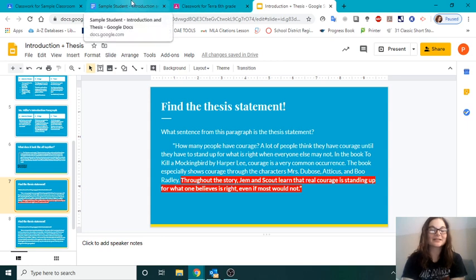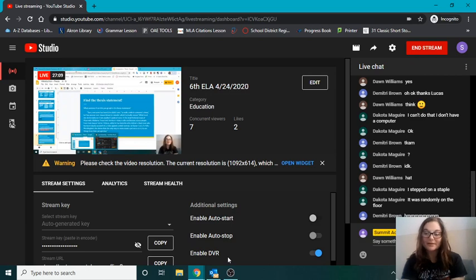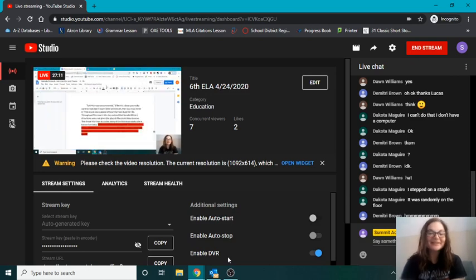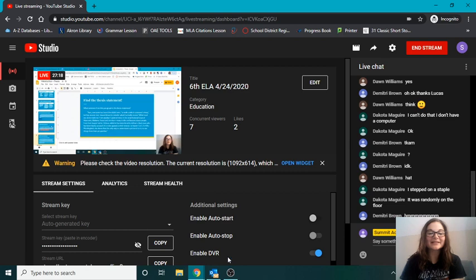Where is that sentence in the paragraph? Take a guess, Dimitri. Look at the two examples. Where is the sentence that is the thesis statement?